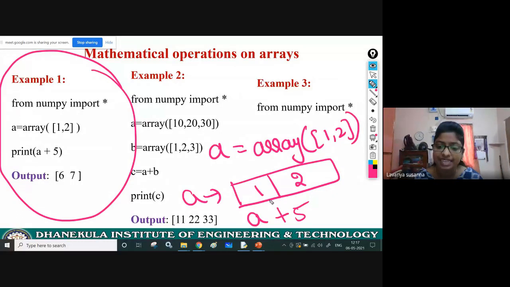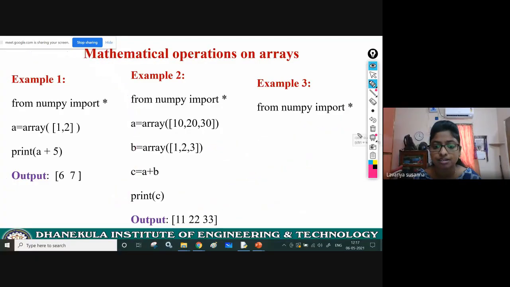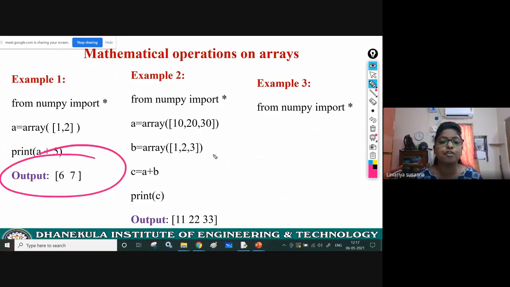If you are performing addition like this, 5 will be added to each and every element in the array. What is the output you will get? 5 plus 1, 6, 5 plus 2, 7. See the output. If you are performing an addition operation, that element will be added to each and every element in the array.